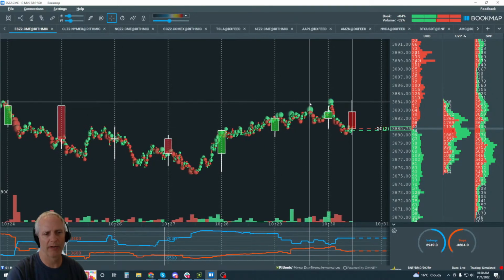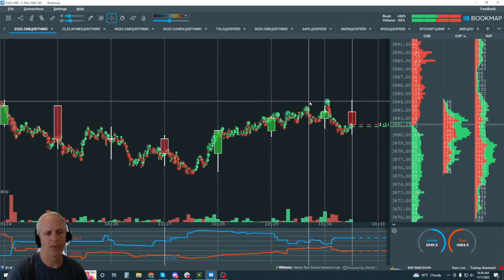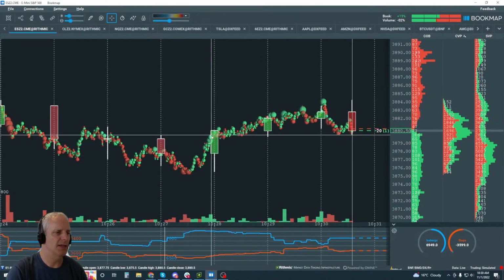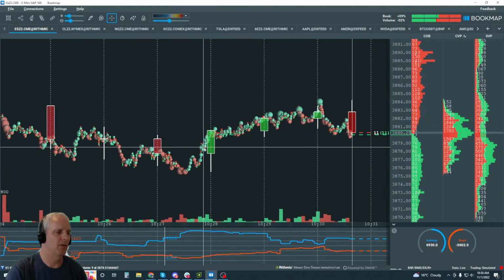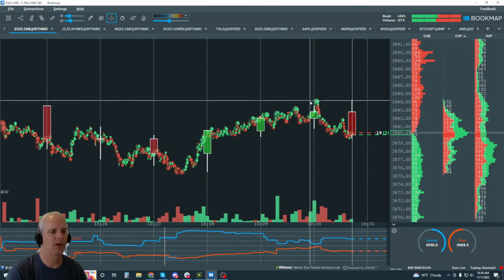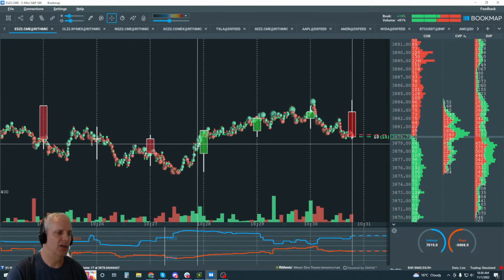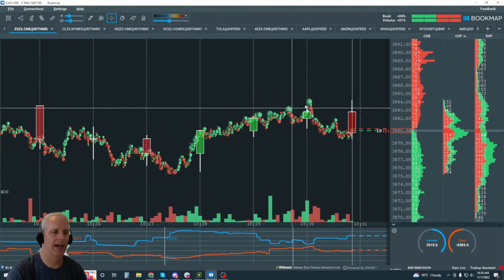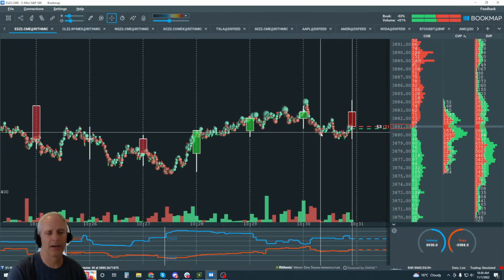Here's our partial profit, guys, at 84, stop to break even, and then still looking to see if we can get higher. When you see this in here, maybe you'd be looking for a pullback. Maybe it'd pull back to here. It didn't. It just kept on going, grinding higher up into 94, and now it's pulling back. So you can see precisely the details of where that volume is transacting, and that gives you an edge. You cannot see that in a lot of other charts.